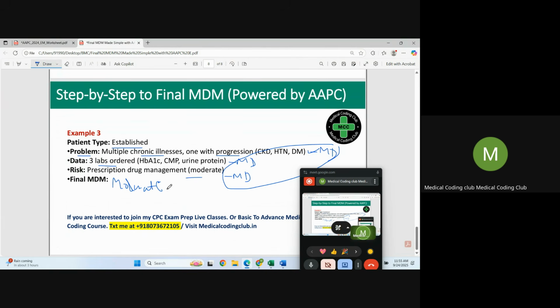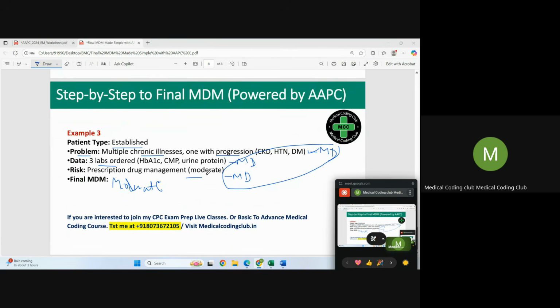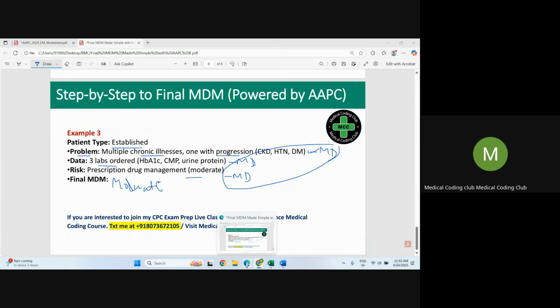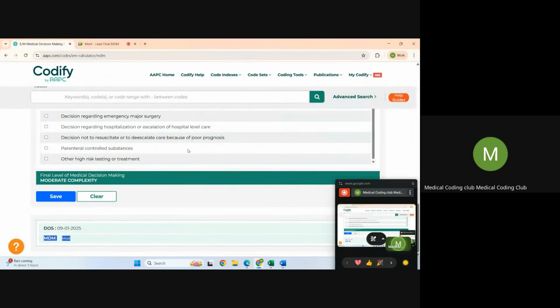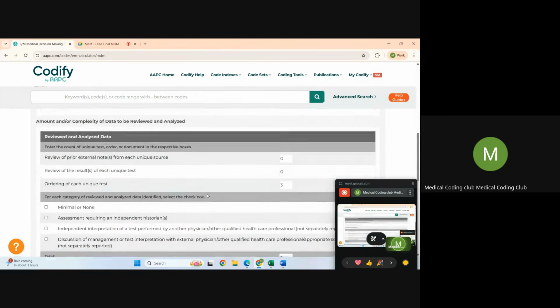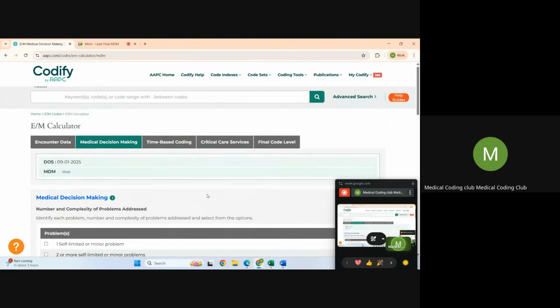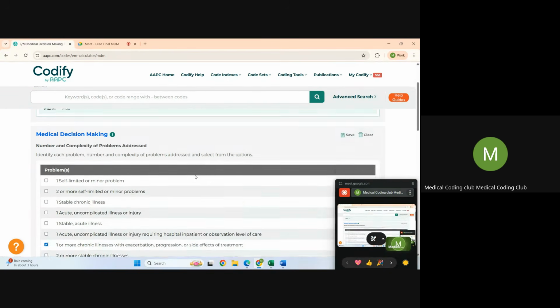So like this I have many examples, but I cannot go through each of the problems and data points. I just wanted to show how to navigate the E/M calculator. Many of you are not even aware of the calculator, so I just made this session. I hope this is useful. And in the same way,